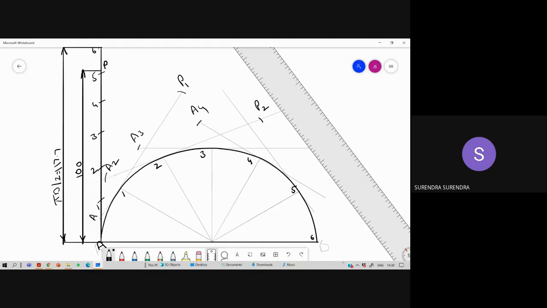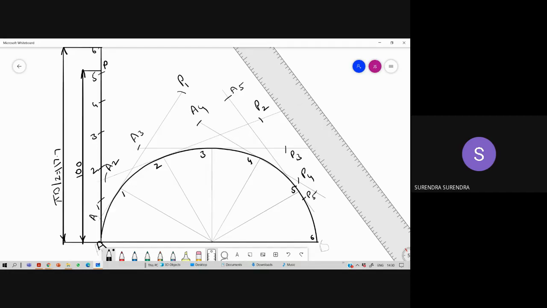Measure the distance from A to 5. 5 as center, draw an arc. You'll get A5. Similarly, A3 as center, 100 mm radius, draw an arc. You'll get P3. A4 as center, 100 mm radius, P4. A5 as center, 100 mm radius,